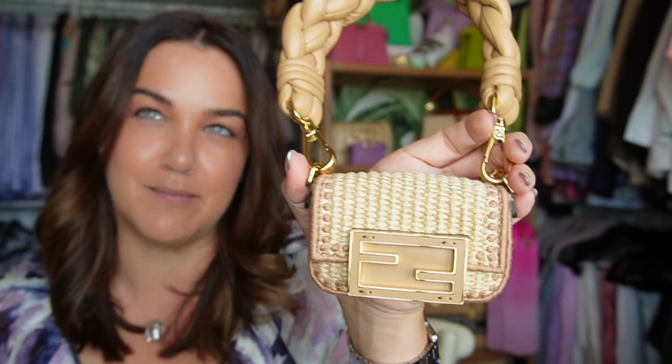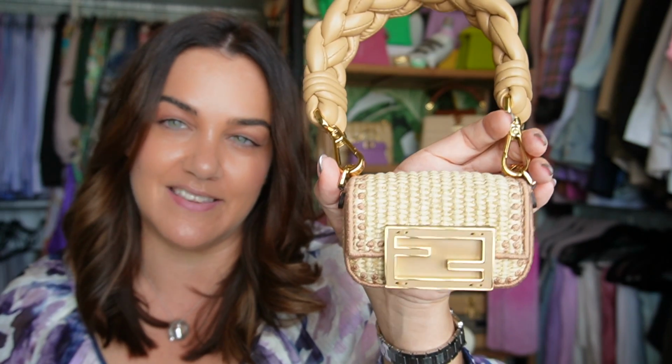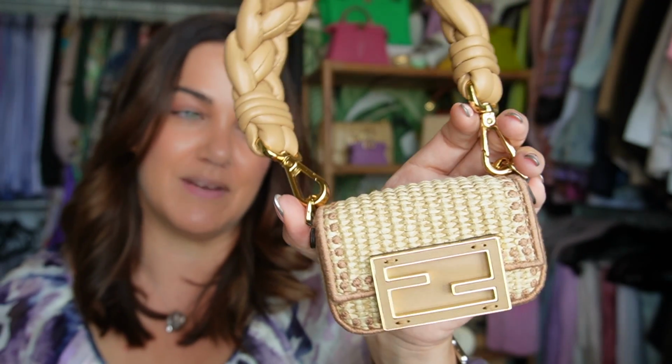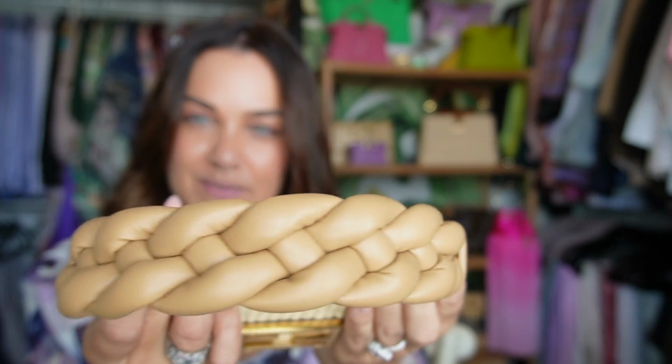She'd just give it to me, and that's not okay. And so I purchased this through Conrad's Closet, which is my good friend Connor from The Closet's resale and consignment business. This was a bag that came out in 2021, I think, from Fendi. This beautiful raffia with tan. It's the same kind of series as my Fendi First. It has this gorgeous braided oversized handle,